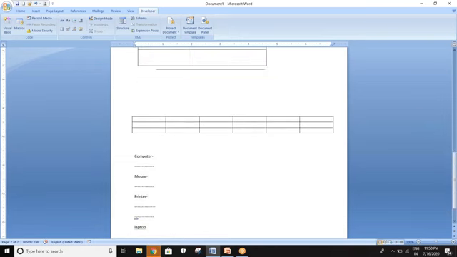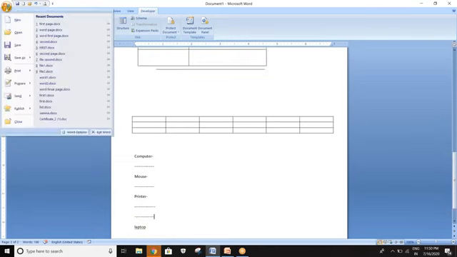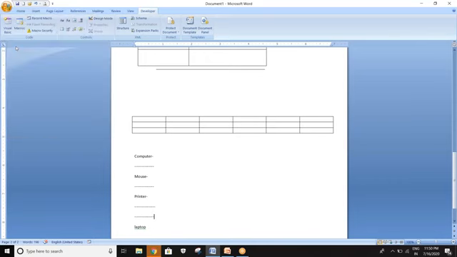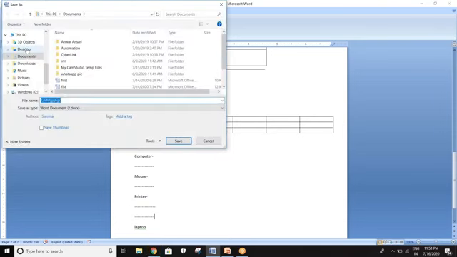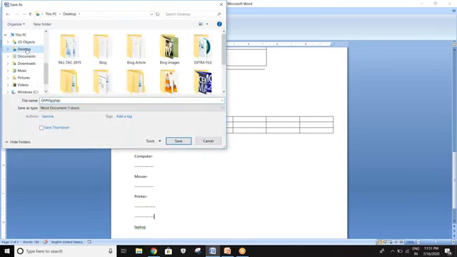Now click on the MS Office button, then click the Save button. It will ask you for the path destination of the file. Then select any path. I will choose Desktop, but you can select the path according to your wish.